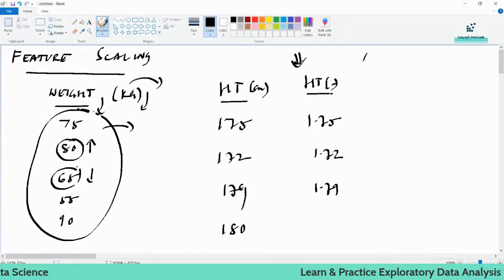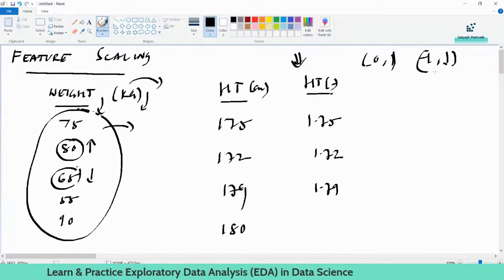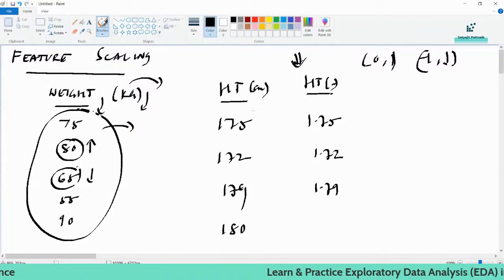It could be within a range of 0 to 1. It could be within a range of -1 to 1. There are multiple scaling techniques as well: mean normalization and min-max scaler. A lot of techniques are there. Okay, I will just talk about the basic technique. So the basic technique is that,